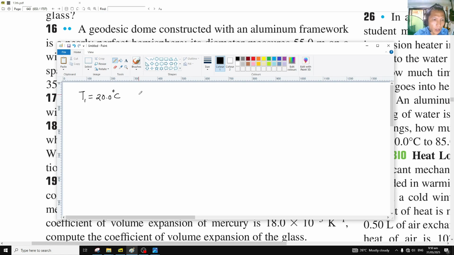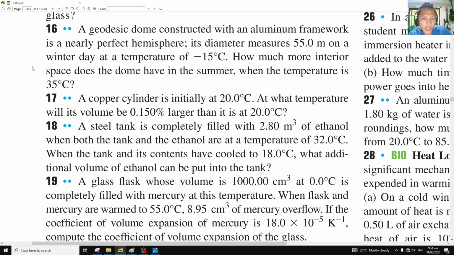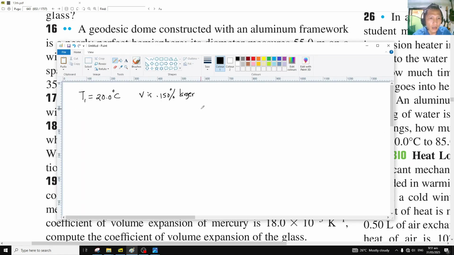So, volume expansion, the volume is 0.150% larger than it is at 20 degrees Celsius. So what we are solving for in this problem is T2. And your problem is about volume, so this is volume expansion. That means, if it is 0.150% larger,